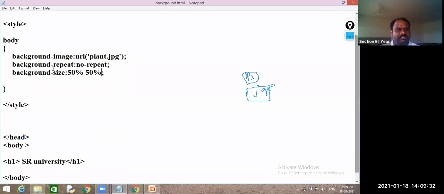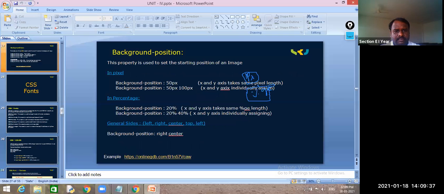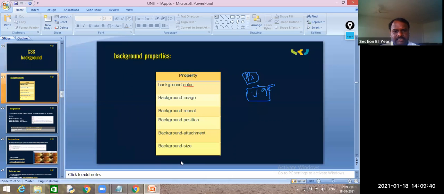So I have said these many ways. I have changed this one, and see here one more problem. You can't identify this one. Background color has completed. Background repeat completed. Background position also completed. Background size also completed. And we need to go for this one, background attachment. This is the one thing you can't observe right now, but when you develop an application with the data, you will get this issue. I will tell you that one right now.